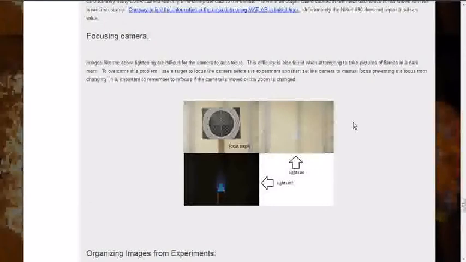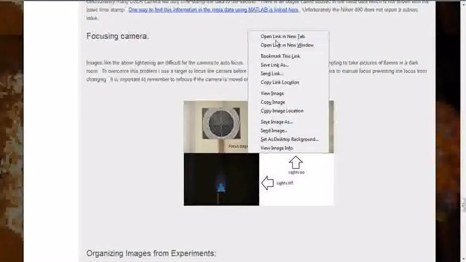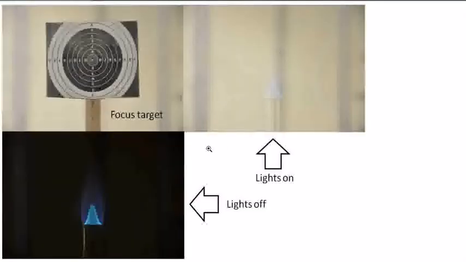Alright, so focusing on a flame is usually pretty difficult. The camera's automated systems have trouble picking out the flame as opposed to the wall behind it or some screen in front of it if you're using a blast shield of some kind. So I like to use a focus target. This image is kind of what I like to do, where I just printed a target off the internet, and then I'll stick it in the burner that I'm using, and then either manually focus the camera